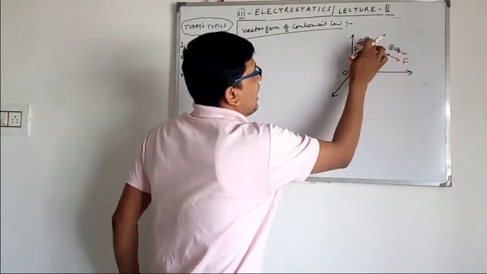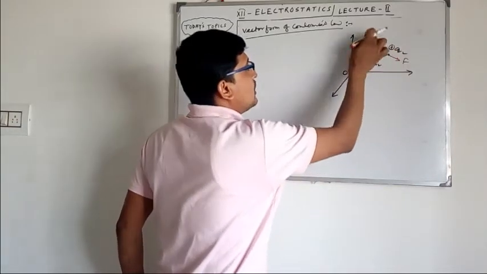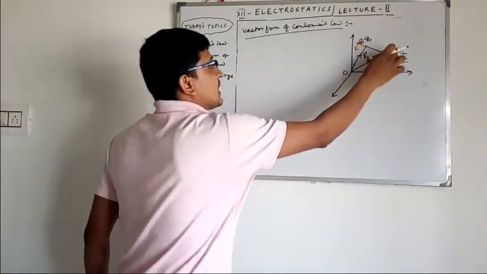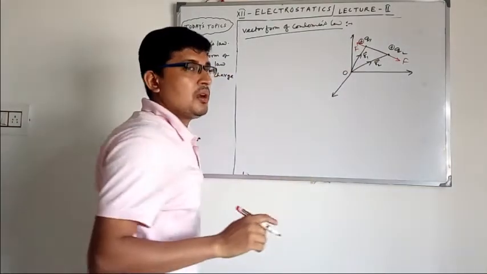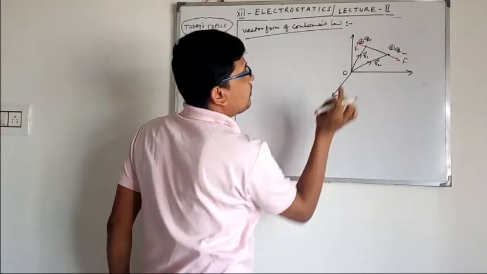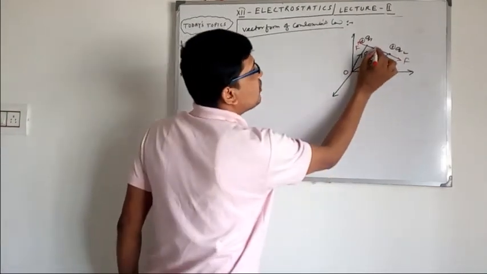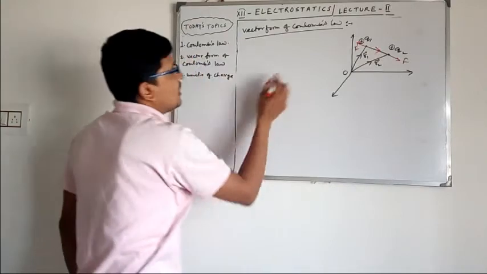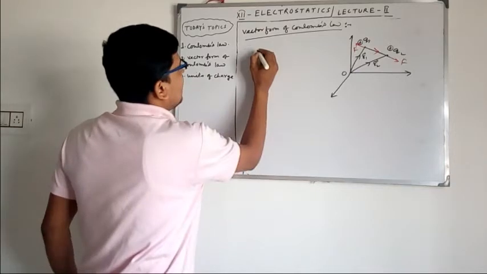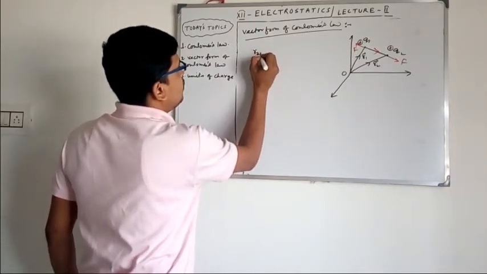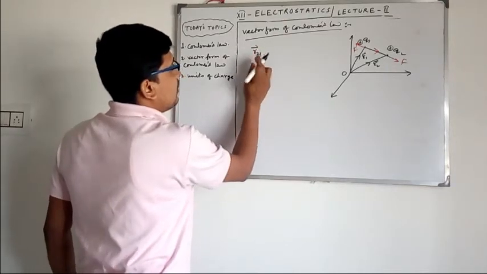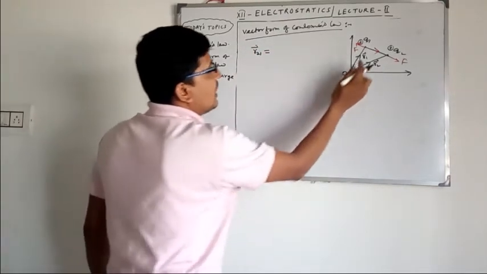Now the amount of force on Q2 due to charge particle Q1, that means how much force will be on charge particle Q2 due to Q1, we will calculate that first. So this will be a repulsive force. That means the position of charge particle Q2 with respect to Q1, if we represent it by R21, position of particle 2 with respect to charge particle 1, R21 is equals to R2